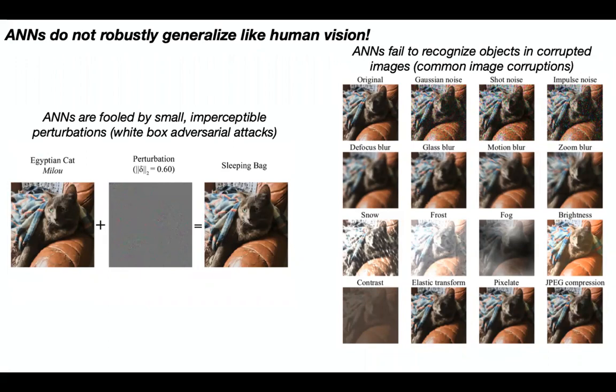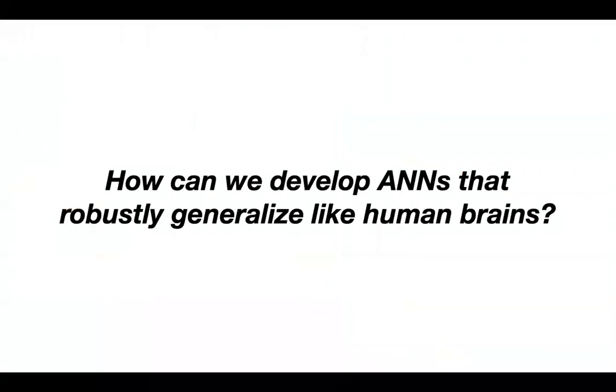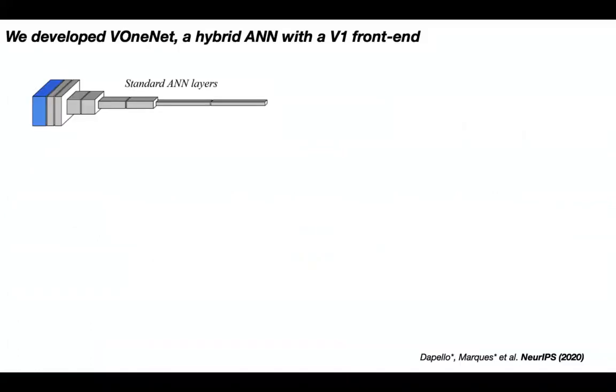So this tells us that although these models are very good, they still have many limitations when compared to human vision. And we wondered whether we could develop ANNs that could robustly generalize like human brains. And so we started developing this architecture, the VOneNet, and we had some interesting